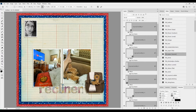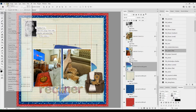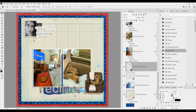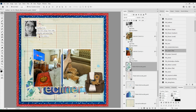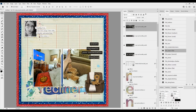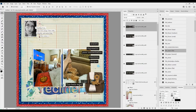So the collection I'm using is the one I used in my last Watch Cheryl Scrap video, and it's called My Chronic Life by Clever Monkey Graphics at Sweet Shop Designs, and it's so full of so many fabulous pieces of word art and graphics. The only thing that I used outside of this kit or collection was a dog from Clever Monkey, and it's from one of her A Dog's Life 2